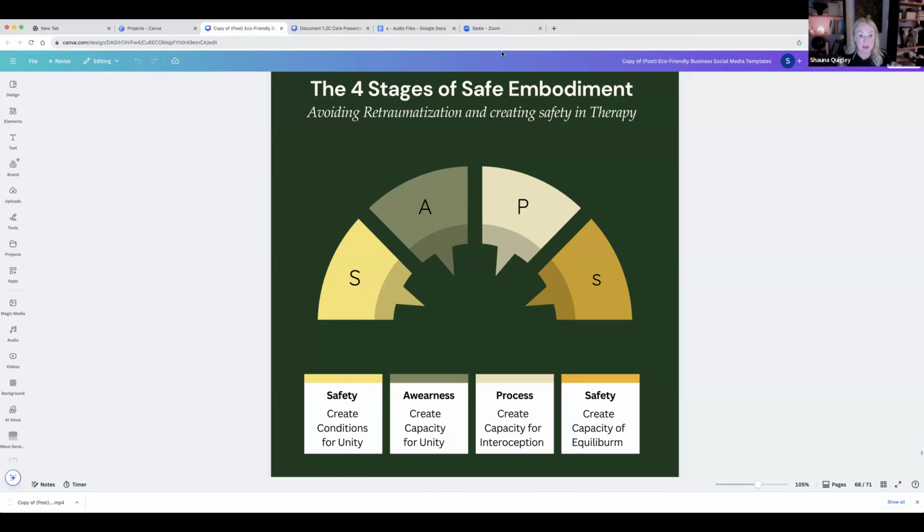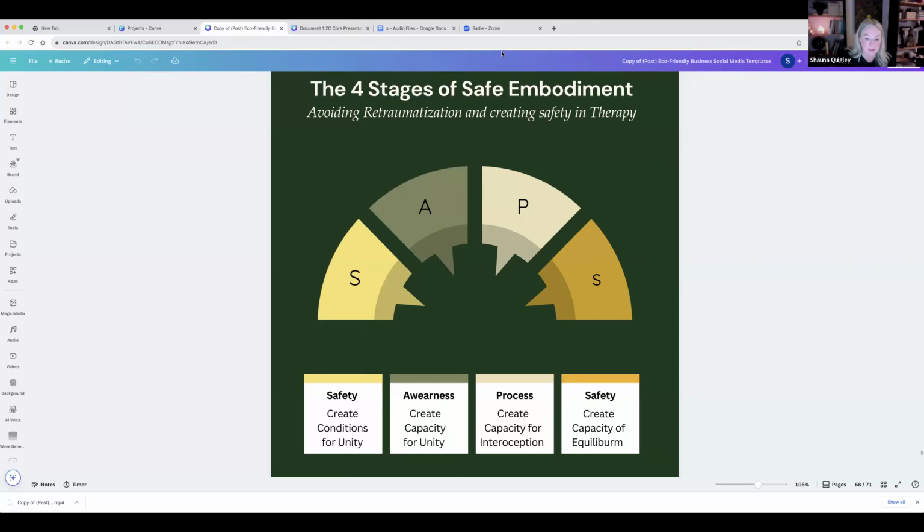Good connection creates safety. Congruence creates safety. Co-regulation creates safety. These are all your gorgeous skills, the skills that you get to bring. This is what creates safety. A good pair of hands. She knows that you're not going to push her too far too fast, but you're also not going to hold her back because you're scared. You see that last bit. She also knows that you're not going to hold her back because you're scared. So, good safety skills.